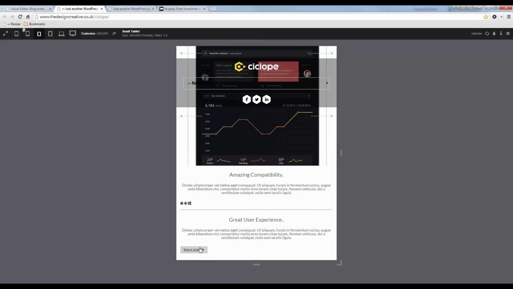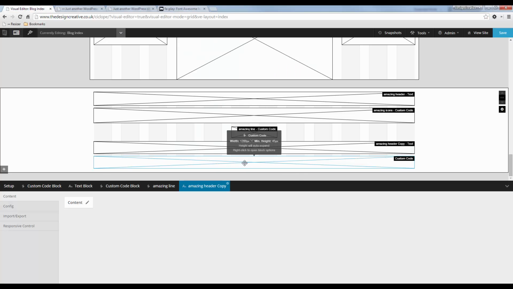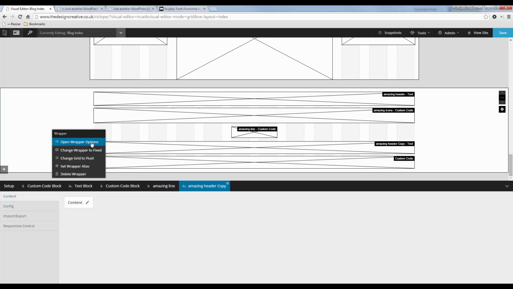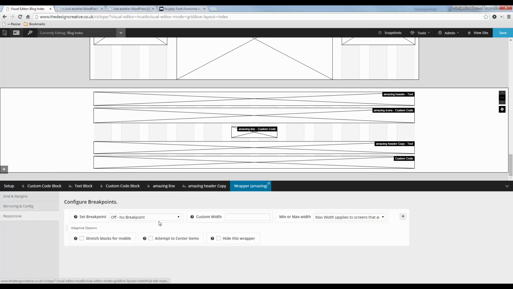We just need to make sure that we center everything really at all times, so we can do that by right clicking on the wrapper, open wrapper options, set the responsive breakpoint to a custom width, 3000 pixels, and attempt to center items. And we can press save,